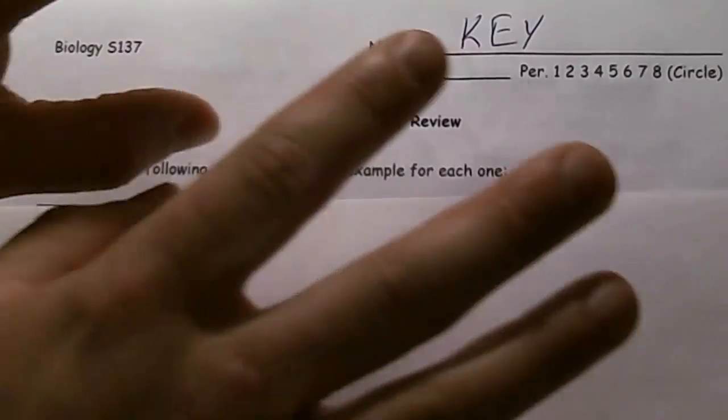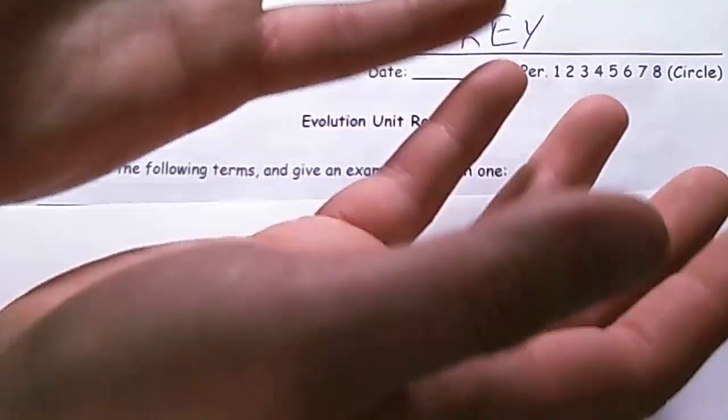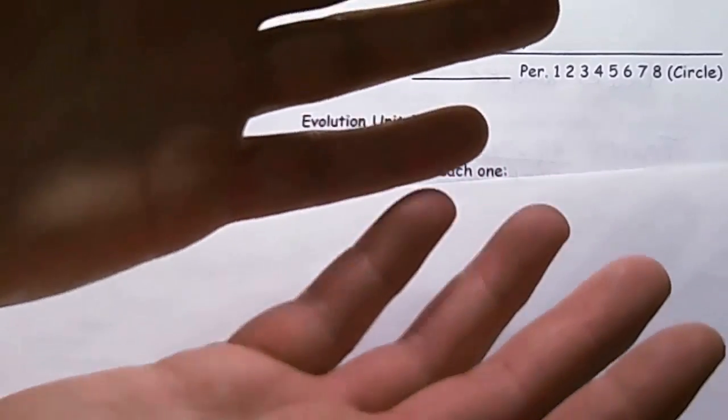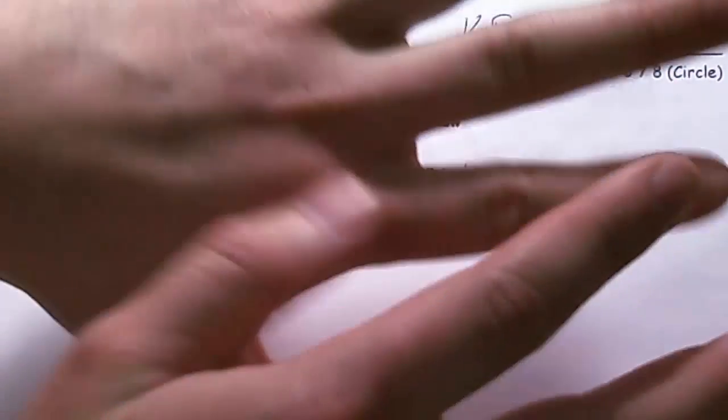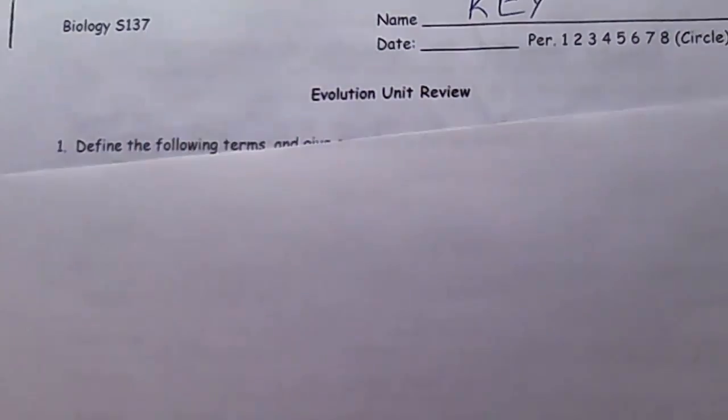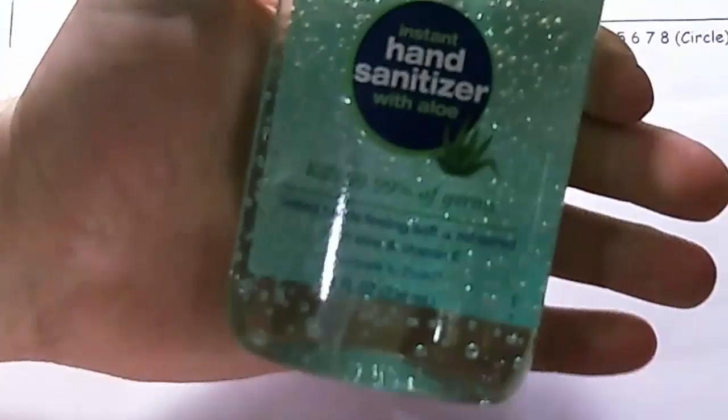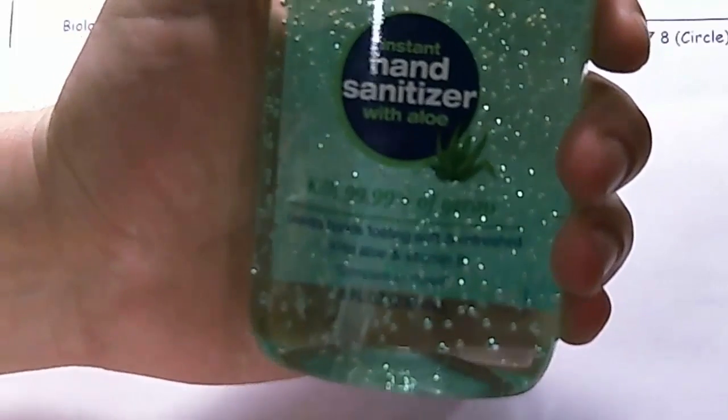Another way to think about it is that on my hands here, I have bacteria. You know how I know I have bacteria? It's not that I'm not a clean person, it's that I'm a human being. You have bacteria on your hands too. So if we consider all of the bacteria on our hands as a gene pool of all the genes of the bacteria, guess what will happen if we use some of this stuff right here? This stuff right here says kills